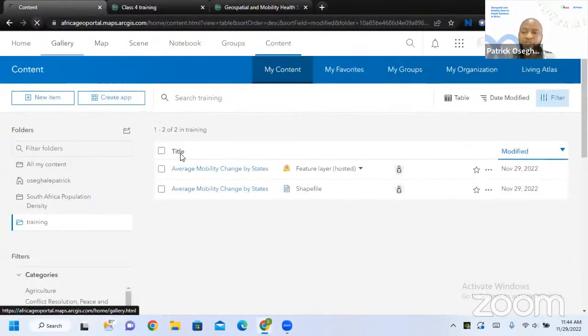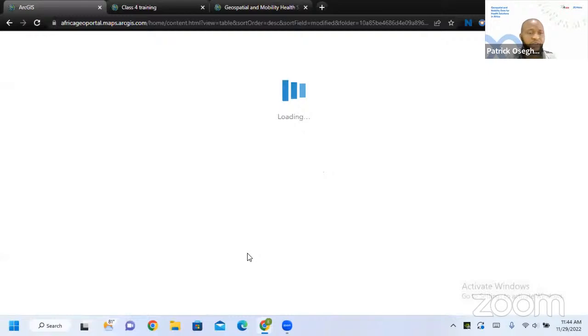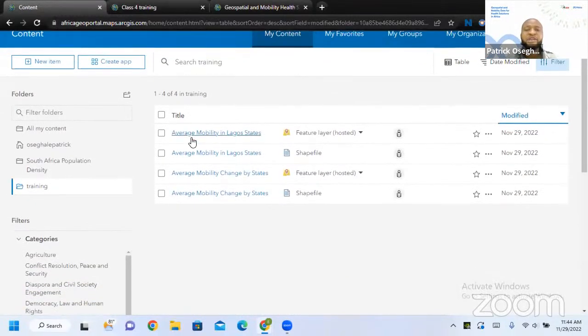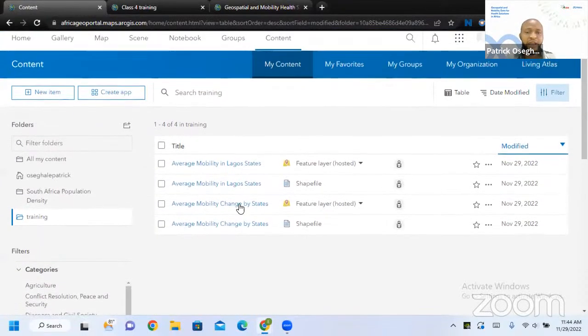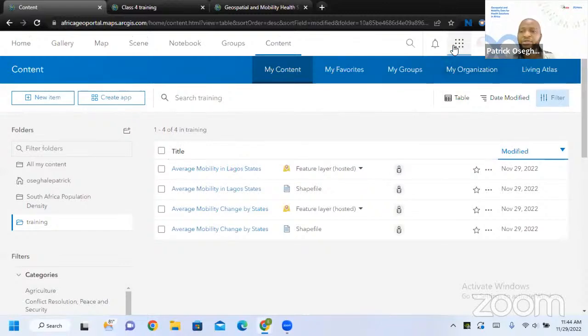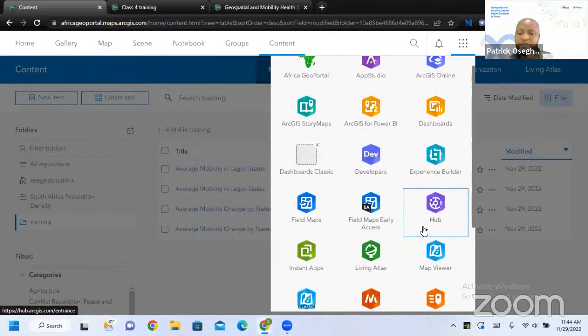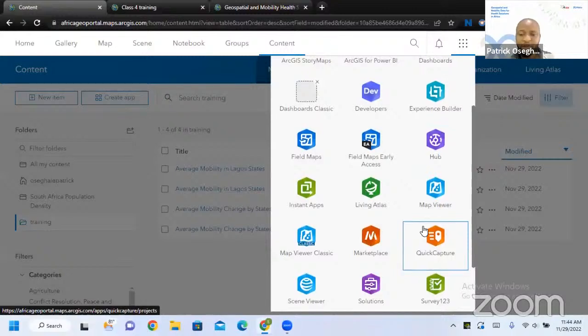Did the data publish successfully? We'll check. Right, we have the two data in our folder. So then the next thing I'll have to do, check this out. This is where you have everything you can do with the platform, with ArcGIS. Now, these are mine. Some of them you might not have for yours because of the privilege I have as an admin.